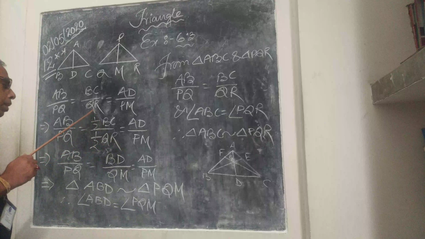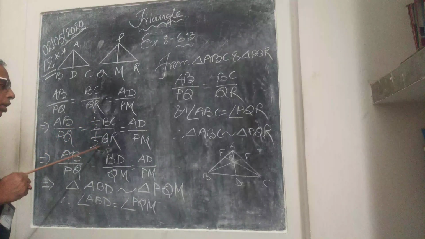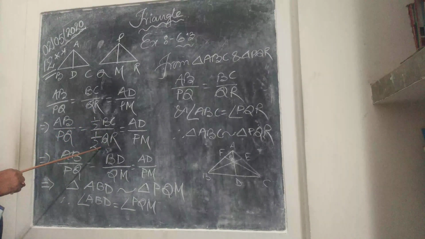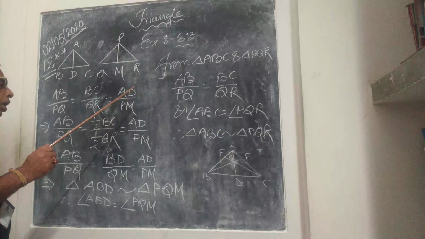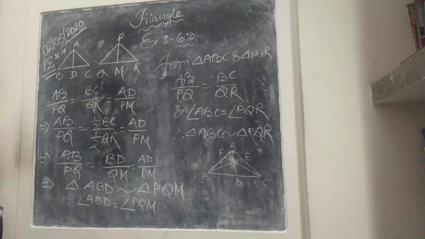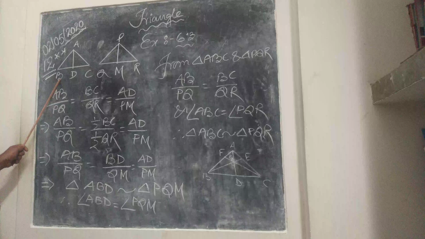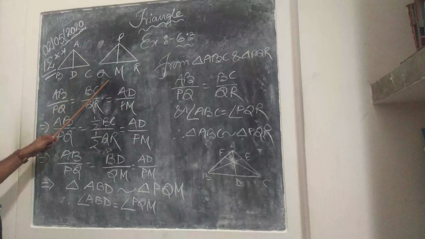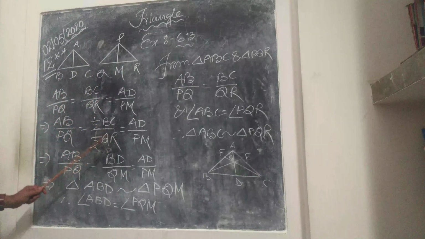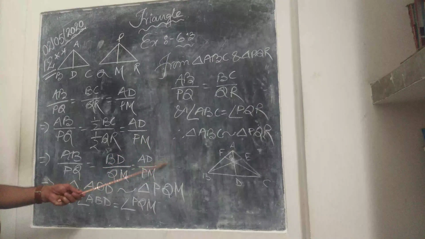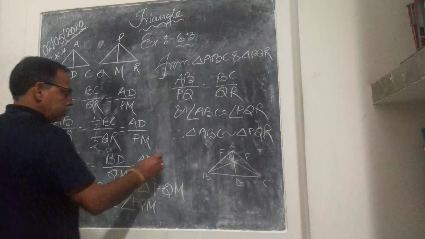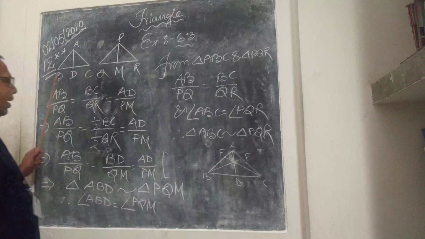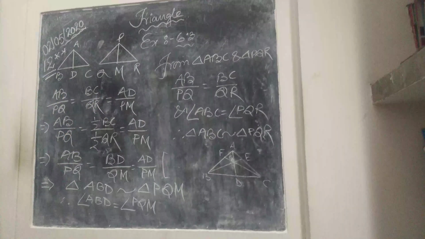So I have multiplied both by half. Half BC means BD, and half QR means QM, because the midpoint is already given. Since D and M are the midpoints of BC and QR,